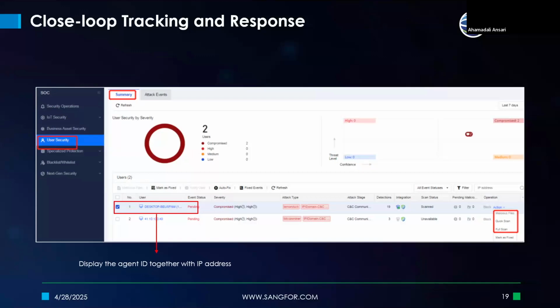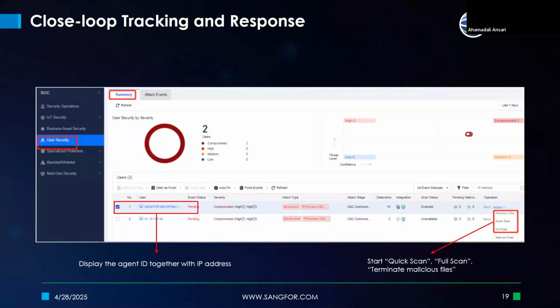Here you can generate the agent ID information with the IP address, and from here you can take the action of malicious process kill, quick scan, or full scan, directly. So this is where it gives you one step ahead compared with most of the other traditional firewalls. This is where they are lacking.